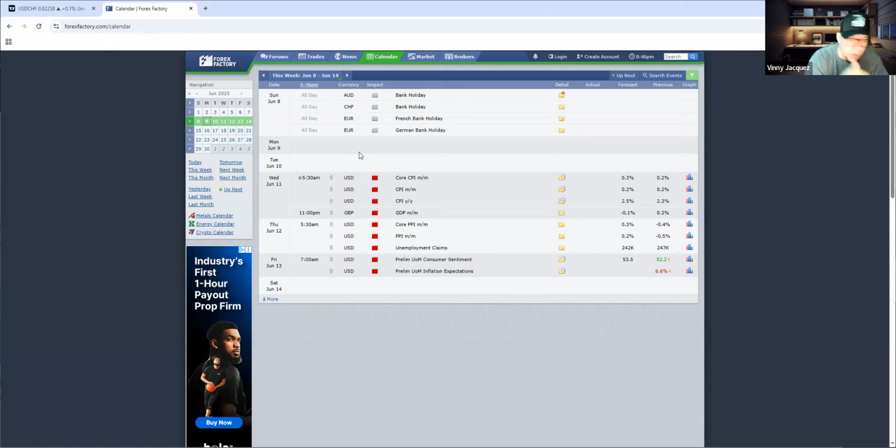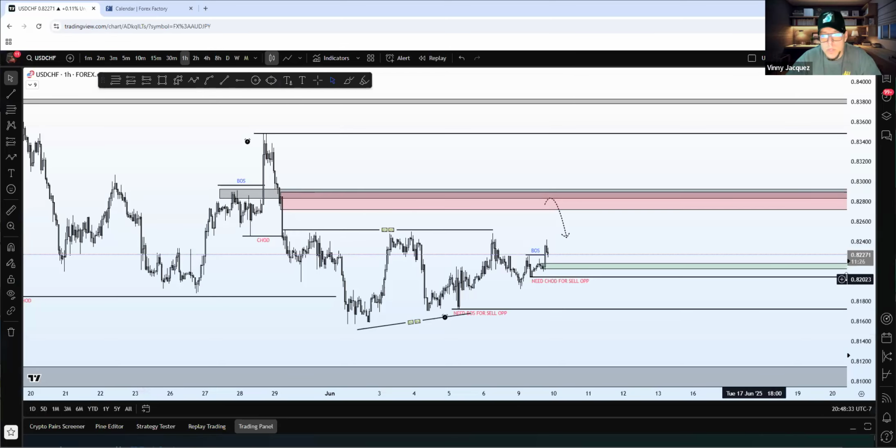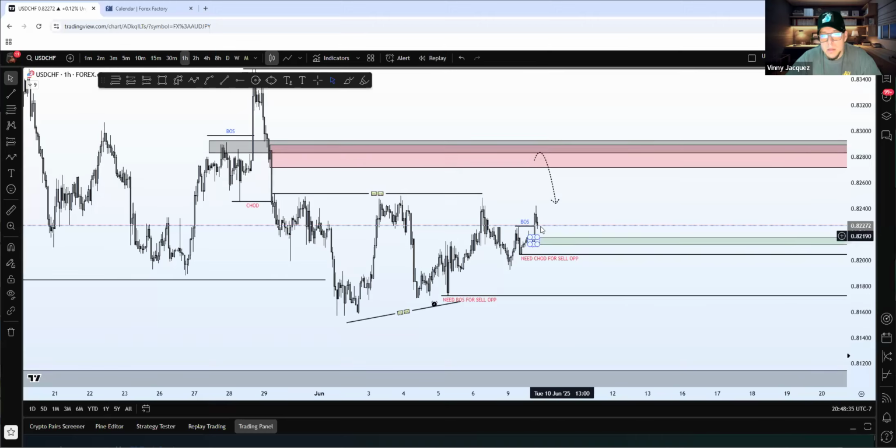I'm not trying to single you out, but once you understand the market structure, everything just follows behind it. Like I said, it just sprinkles a little bit of sauce on what you already know. It literally just compounds and follows behind it, right? But look at this CPI on Wednesday, and then unemployment claims on Thursday, which means we have heavy news this week. Somebody can probably catch this. I'm not saying you can't. But me, I would rather catch this.